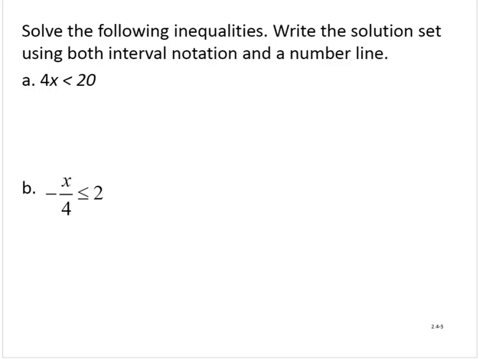Solve the following inequalities, write the solution set using both interval notation and a number line. Alright, so the first inequality, we have 4x is less than 20. We would just divide through both sides by 4, isolating the variable, and so we have x is less than 5. So now what this tells us is any number that is less than 5 is a solution of this inequality. And so to write this in interval notation,